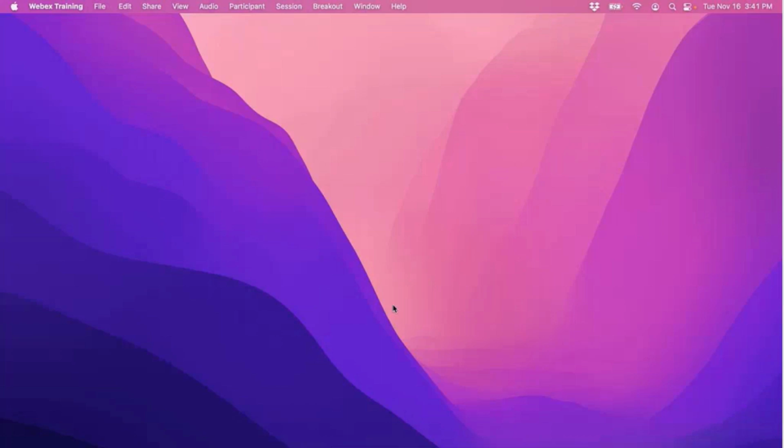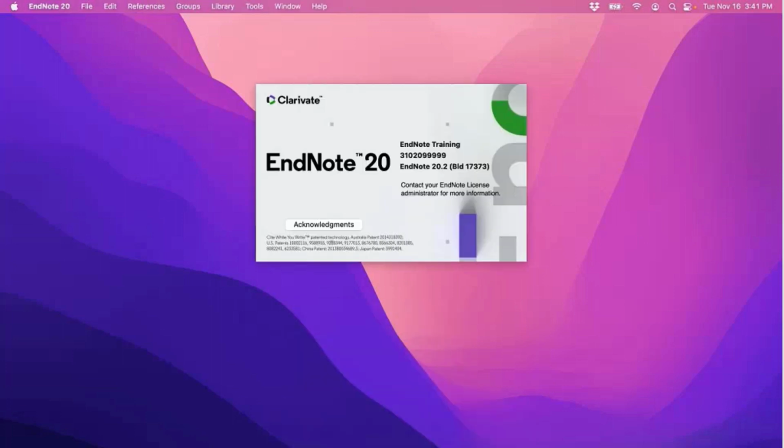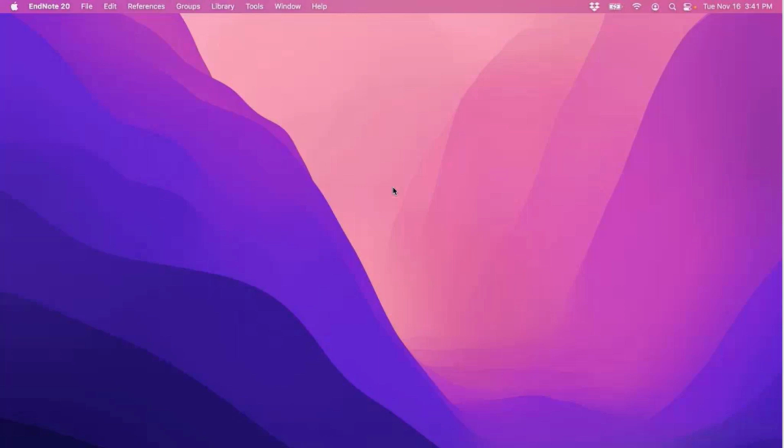Now, EndNote doesn't make a shortcut for you on the desktop. Once you install it, of course, it adds a folder to the applications folder. Once EndNote's up and running, if you wanted to, of course, you can right-click on the EndNote icon on your dock, and if you'd like, point your mouse over options. You could choose Keep in Dock so that you have a quick shortcut to the application next time around, to quickly launch it.